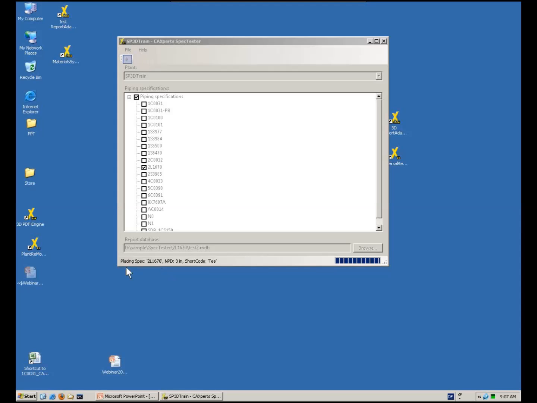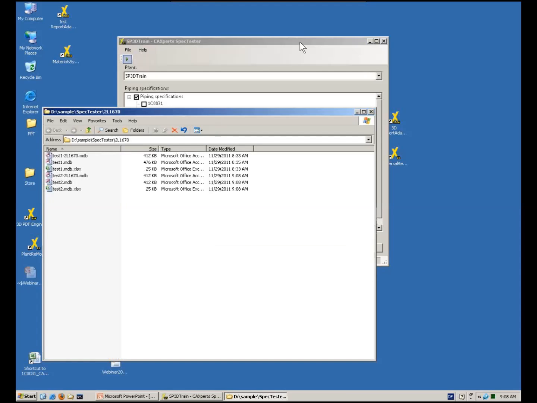You see here really how Spec Tester is placing part by part in the 3D environment. So Spec Tester takes all the parts of a piping spec and places or tries to place these in 3D. Okay, so I think the process already comes to the end, and creates a report at the end. This run took about 2 minutes. That's fine. I open the output directory and